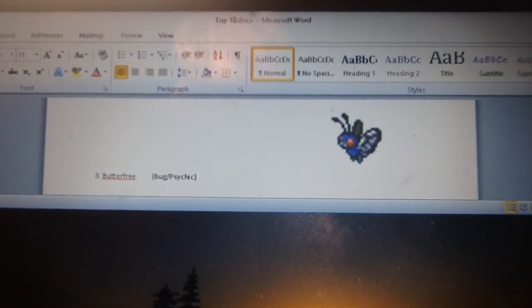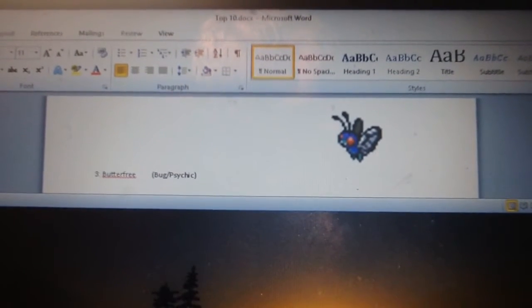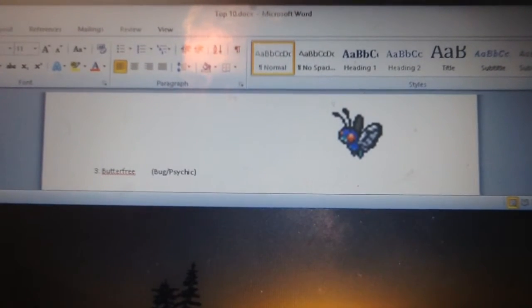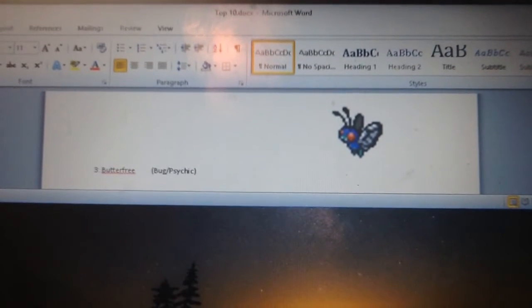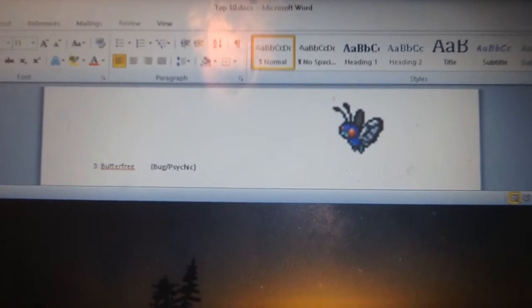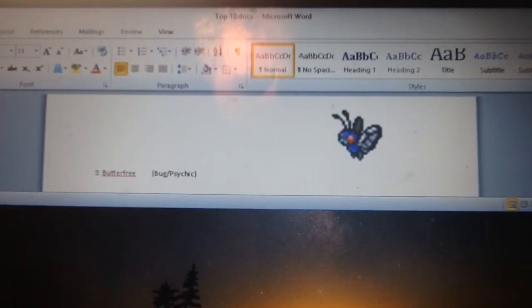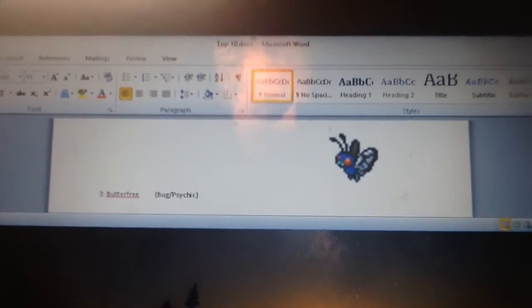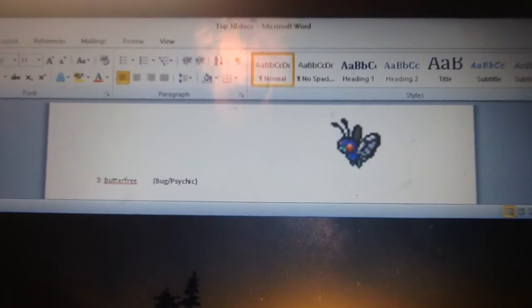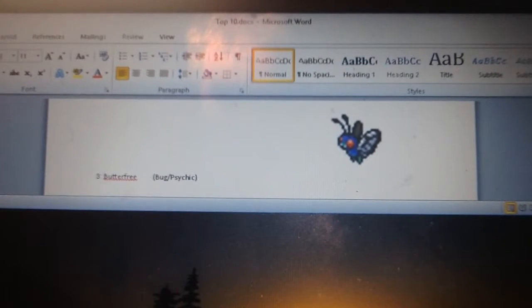It would actually learn lots of interesting moves like Psyshock or Psykick, possibly Zen Headbutt, but then again it's a butterfly, so there's no point teaching a Headbutt. So yeah, I would like Butterfree to have an Alola form, even though it has already shown in the Alola region once. I would like to see it make a return as an Alola Pokemon. Now for Pokemon number 2,